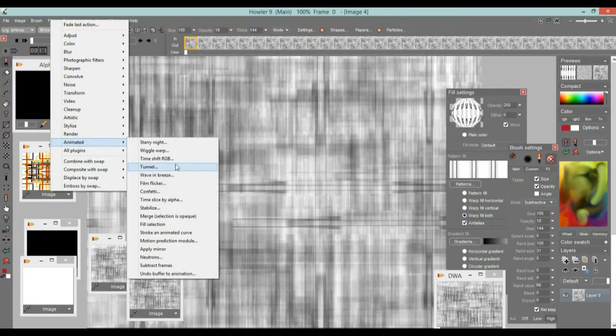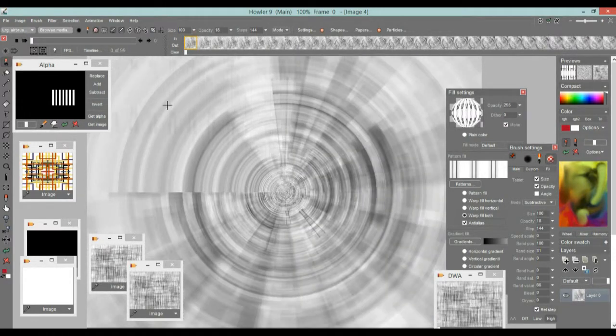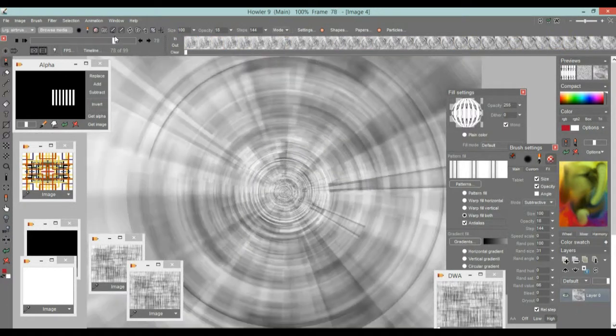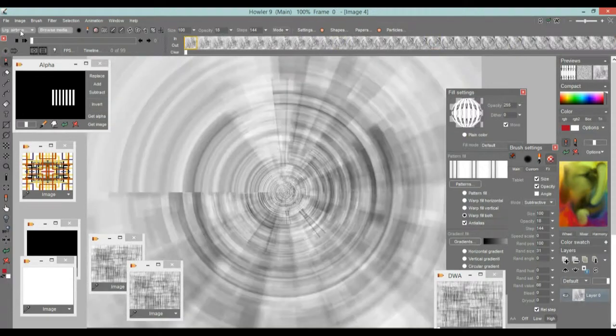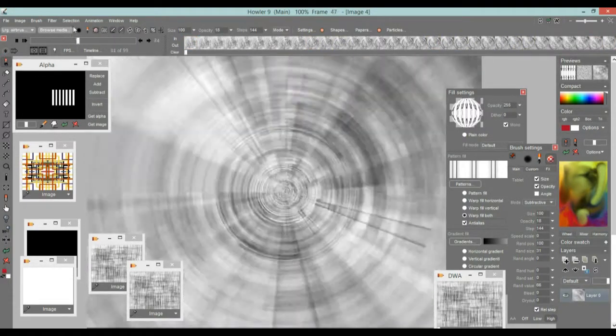tunnel. So let's go to animated tunnel again, and this time I'll leave it with the default. I will still move forwards, but I will also shift it sideways, and that will give that rotational spin effect. And the thing is that, again, at 1024 by 1024 it's fairly decent, but it's not perfect. This area in the upper left initially is no good, and then gradually closes in, and now we have a perfect tunnel. So this is one thing that we hope to perhaps improve in future generations of Dog Waffle, but